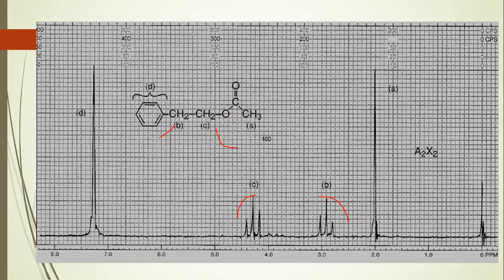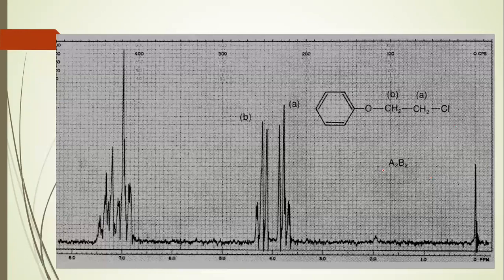So now what name can we suggest for such a spin system? Here we have these two protons chemically identical and these two protons chemically identical, but the C protons have higher deshielding, so we can call this an A2X2 spin system. So this will be an A2X2 spin system example. One more is there here.